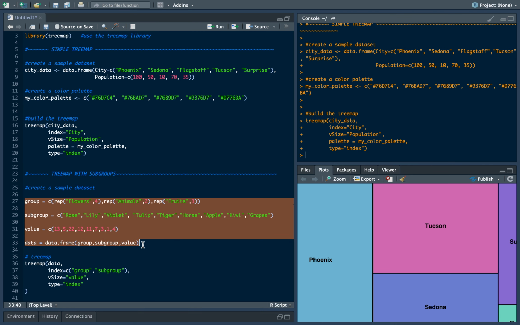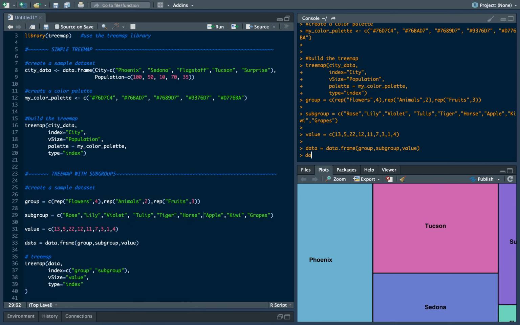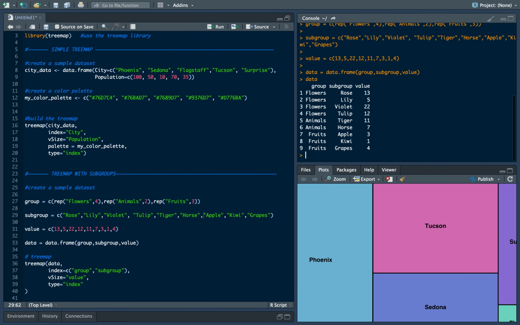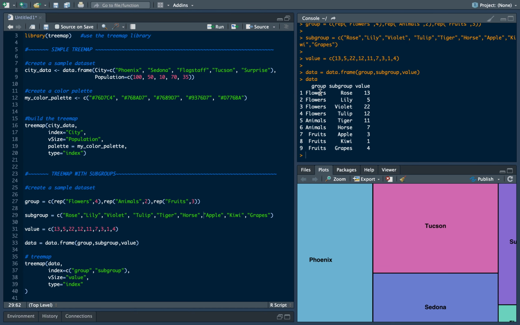And let's first run this much, right? So my data is ready. So if I just type data here, you can see how the data frame has now gotten created. So I have the group flowers, within which I have 4 flowers, and then I have some numbers associated with it. Then I have 2 animals, fruits, and then some subgroups and values, right? So that's how my data looks. And if you are having your data in some other format and you want to show it in Treemap, you first have to convert it into a format like this, because that's how the function is going to take the